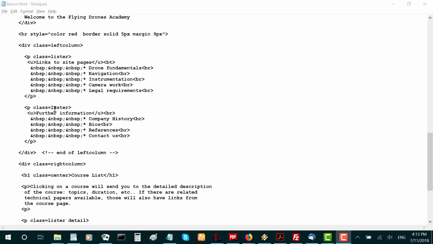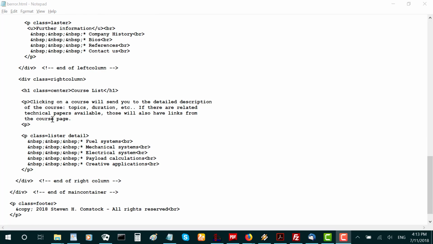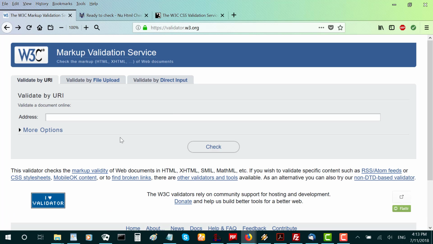Then here I've got a class equals laster, and there is no such class. And then finally down here I have class equals lister and detail. Because there's a space between them, I should bound them in quotes, but I didn't do that. So that's the file that I created, and let's go over to the validators, and here's the